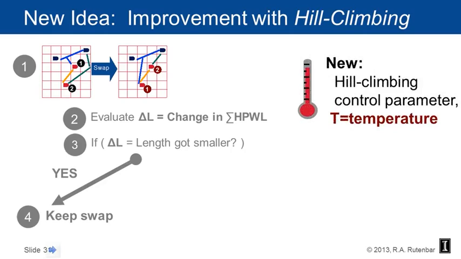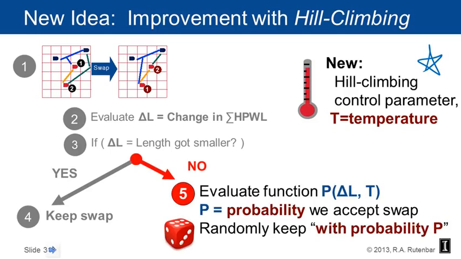So what happens now is, amazingly enough, a thermometer appears in the right-hand side of the slide. Yes, a thermometer, like a little mercury thermometer, because everybody, I hope, recognizes that. And it says new. There's a hill climbing control parameter, which is easiest to think of as the temperature. Depending on how hot it is, that's how much hill climbing I'm going to allow in my algorithm. And now when we say, if delta L, the wire length that changes as a result of this swap, if it didn't get smaller, if it got bigger, I'm going to evaluate a new mathematical function,